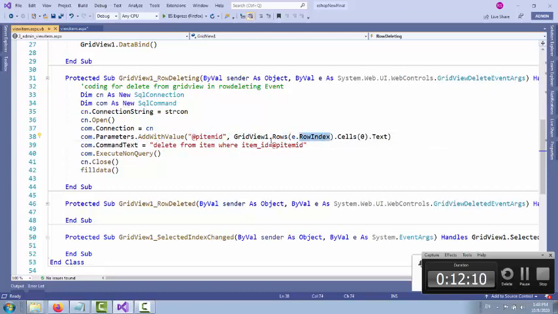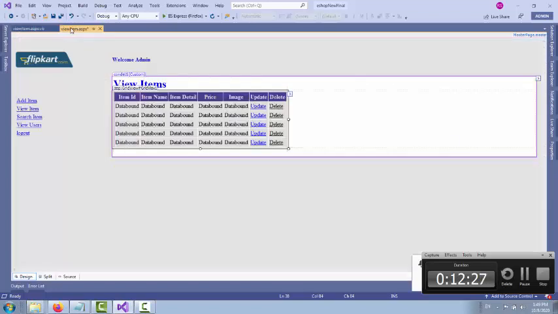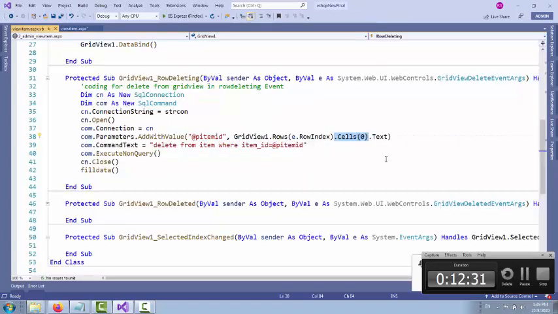Here e is the parameter, and row index returns the particular row index. Dot cells of 0 dot text. Cells of 0 means the first column, and dot text will convert your item id into string format.